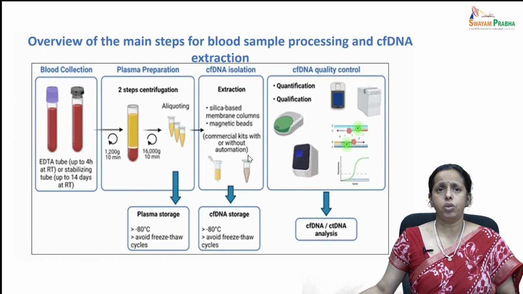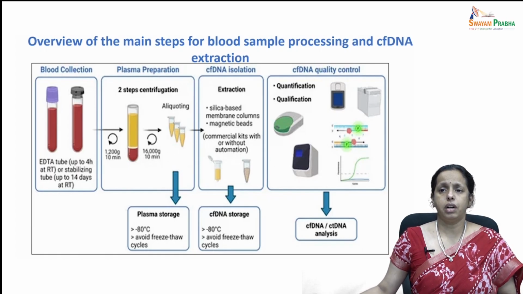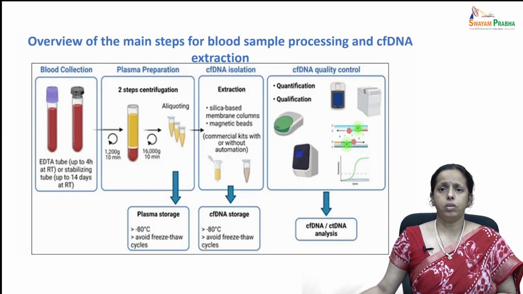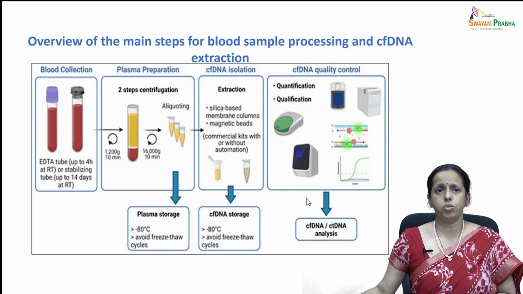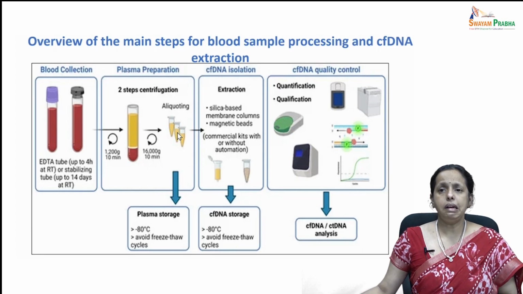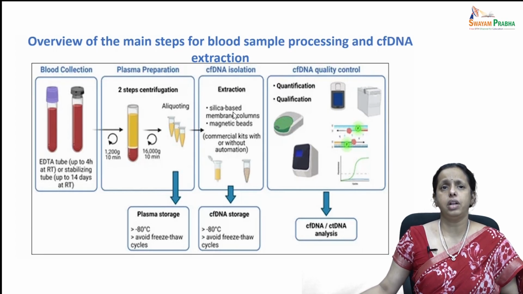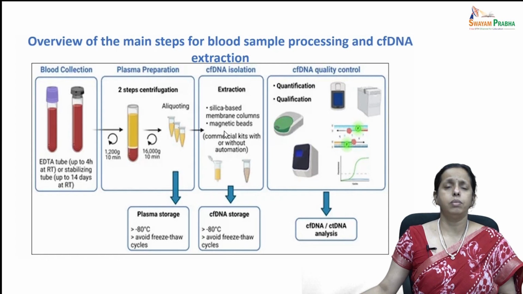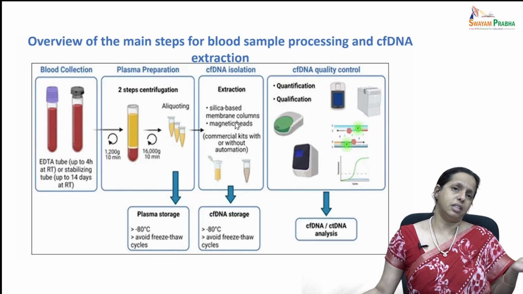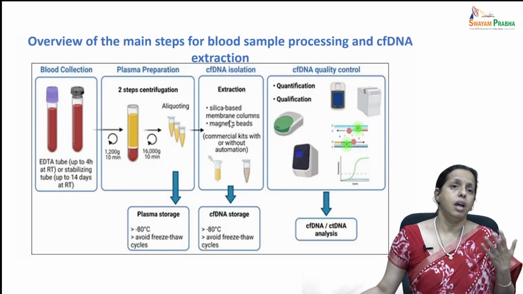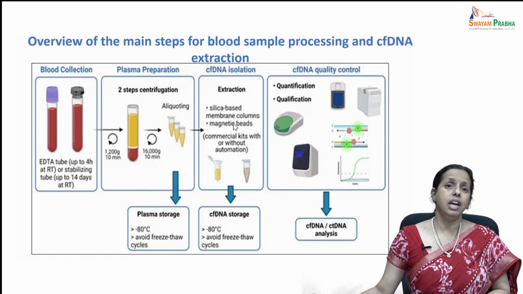And as I mentioned before, the storage time can also be varied according to the particular manufacturing. Once you separate the plasma and the buffy coat, it's usually a two-step procedure. After that, the extraction of cell-free DNA usually happens via silica-based membrane columns or magnetic beads. This is what all the QIAGEN kits do, if you are familiar with DNA extraction from blood using blood mini kits, which are mostly column based,